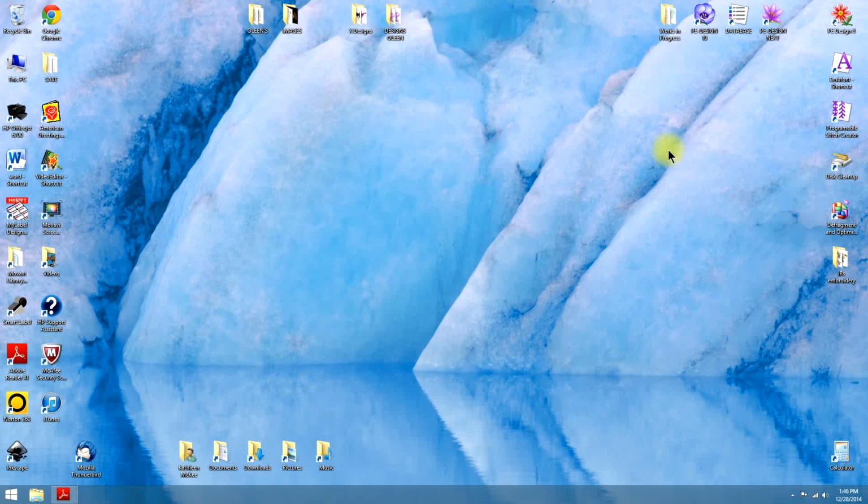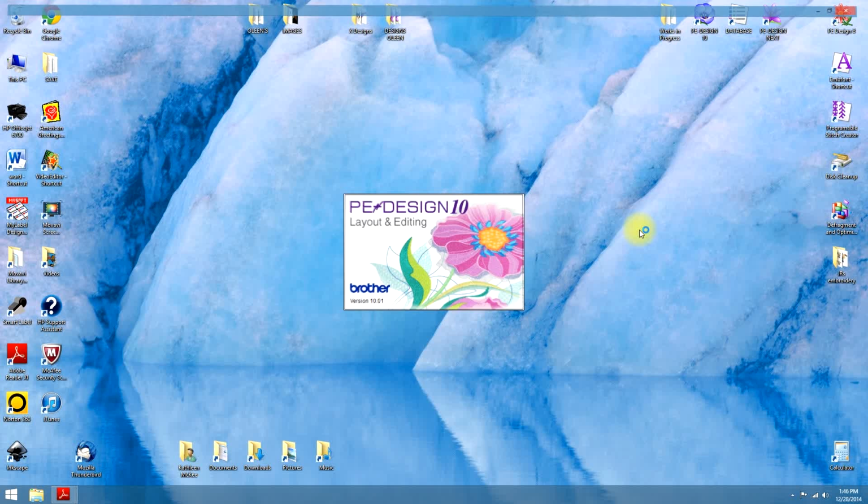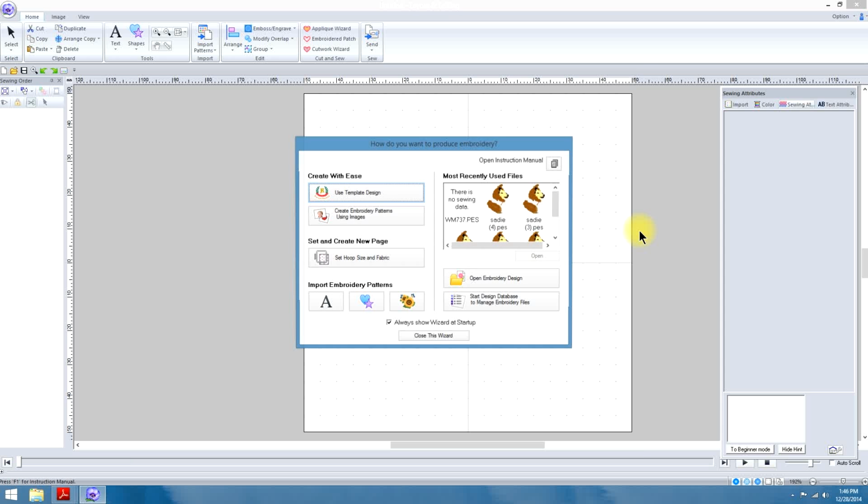This is lesson 1 on the new PE Design 10, the upgrade from PE Design Next. Grab a cup of coffee because this may take a while to explain the differences between the two. Some of them, or most of them I should say, are much better, and a lot of them I'm not so crazy about. So when you first start up, the first thing you'll notice will be the difference in